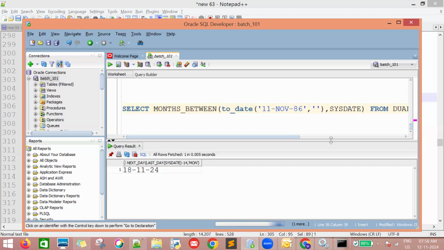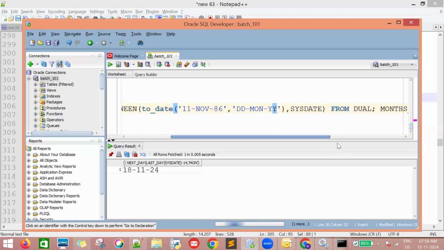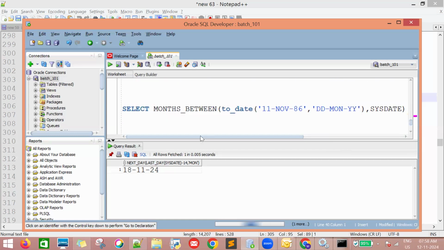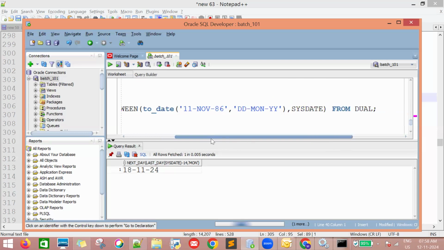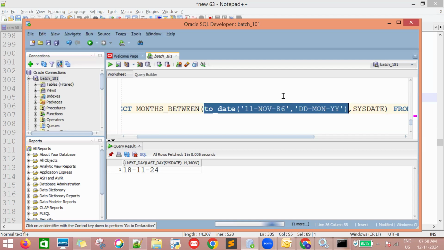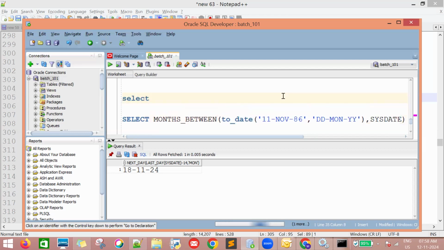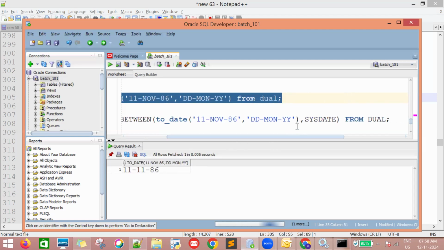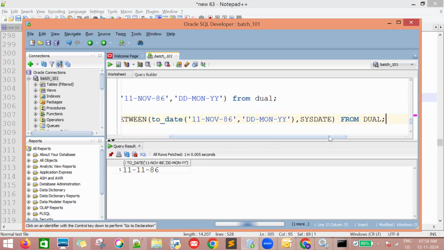Here I need to put this is DD, this is MM, this is YY. So month between, what it will return, right? That result always will be days. First of all, I'm getting the 2_date. If you have any questions or doubts, we can write this query separately for better understanding. It will convert as 11/11/86, and the current date is date. If you run this,